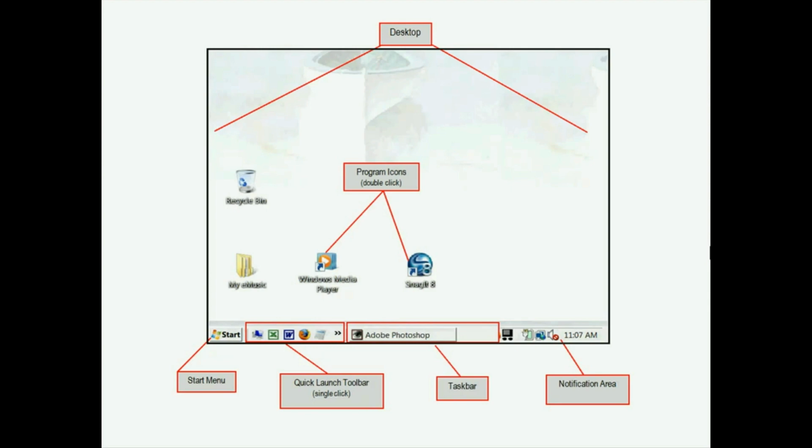But every Windows computer does have one thing in common on that desktop, and that is the Start button in the lower left. The Start button is, for most people,